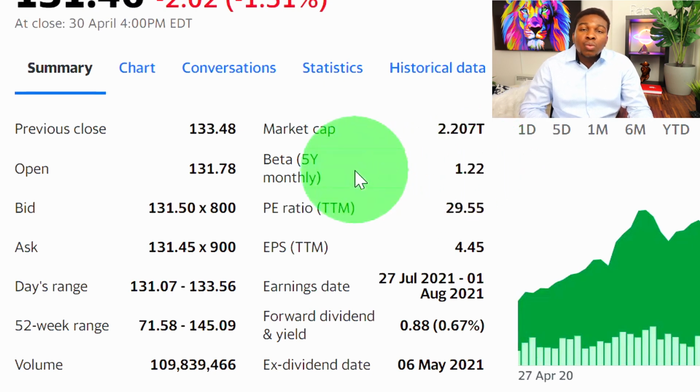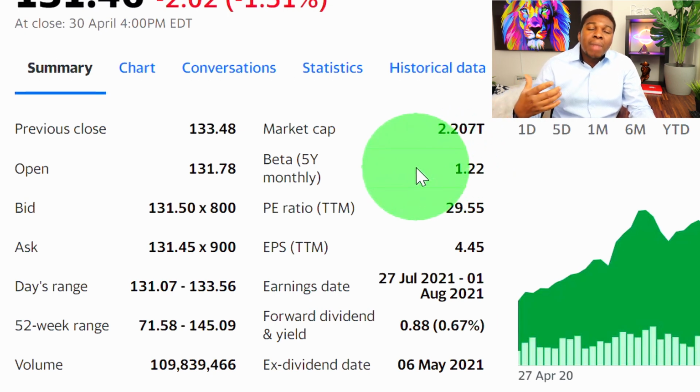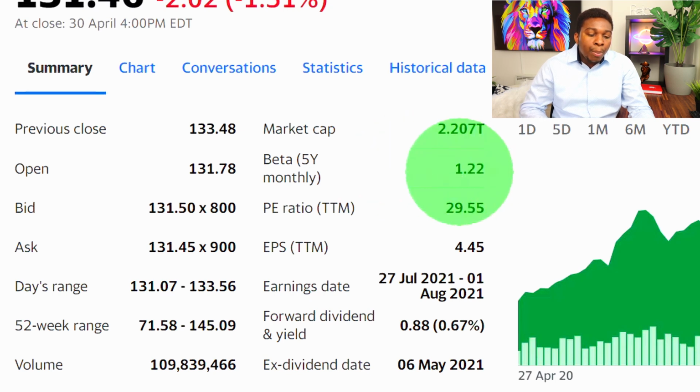If a company's beta is 1, it means it's highly correlated with the stock market. If it is higher than 1, it means it is more risky than the stock market. It means the volatility of the stock is higher than the stock market. So in this case, Apple's beta is 1.22, which means Apple's volatility is higher than the stock market by 22%, which is 1.22 minus